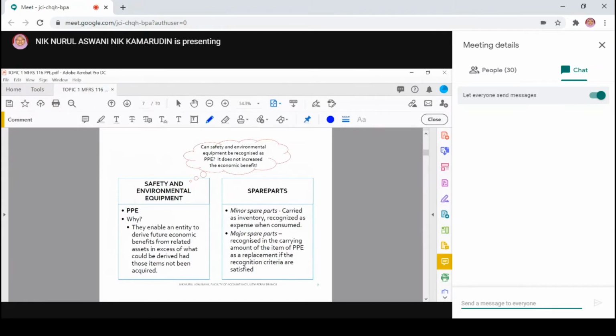No. Okay, so there is a question about this one. Should we expense this amount or should we capitalize this amount as PPE? Okay, the reason why you learn all of this standard is because one day you will become someone who is involved in making judgment about the item, whether the item that you buy, do I record this as expense or do I record this as an asset?